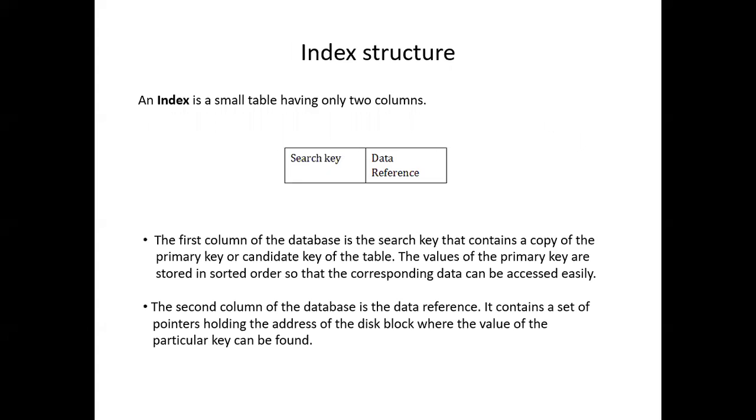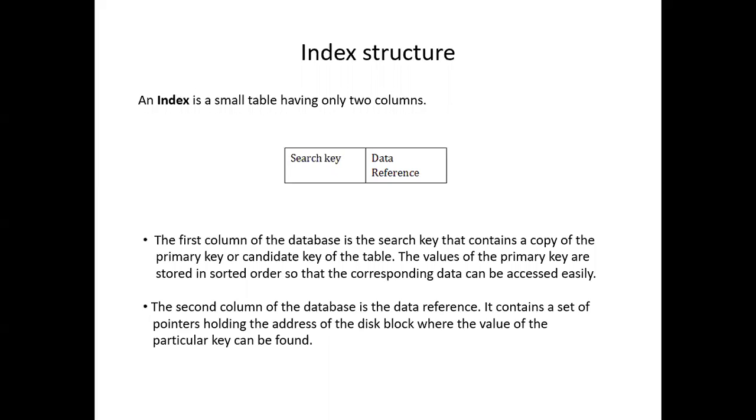Index structure. An index is a small table having only two columns, search key and data reference. The first column is the search key that contains a copy of the primary key or candidate key of the table.